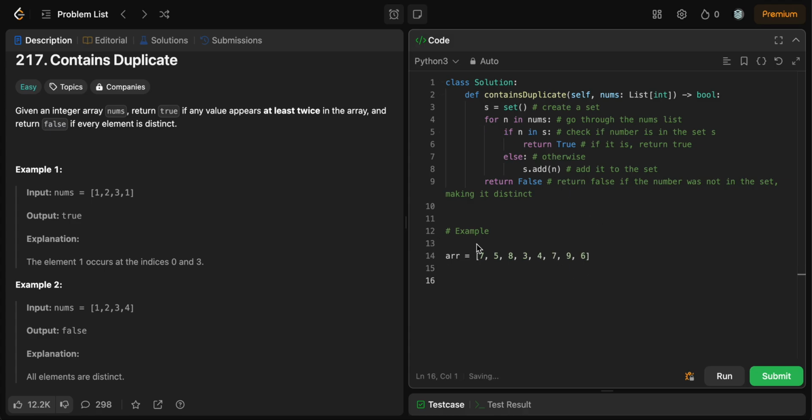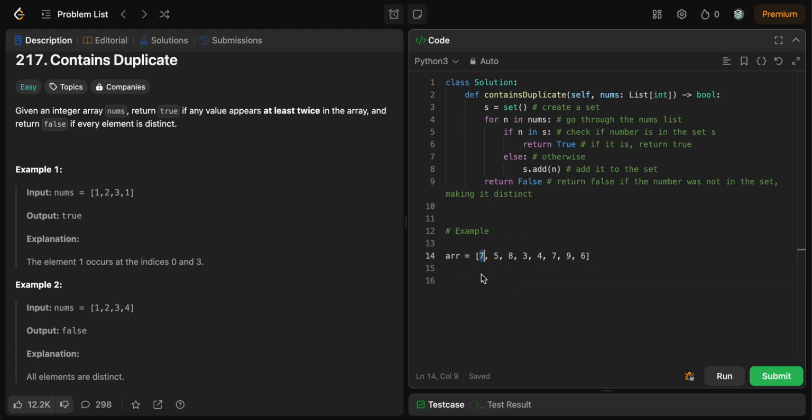Basically, we have a set, set S, and it's holding all of the numbers, right? So for n in nums,